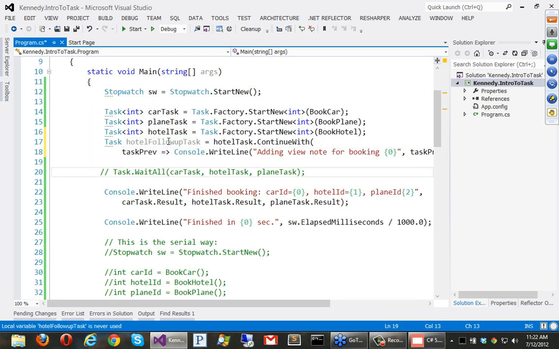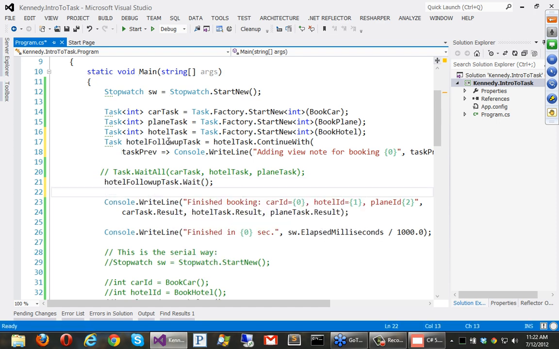And now we should probably wait. If you have just one task you want to wait on, you can wait this way. So what's going to happen is this is going to run. It's going to take 5 seconds or however many it takes. And then when it's done, it's going to turn around and run this task. We don't have to wait for the hotel task because the second task won't be finished until both itself and the hotel task are done. Okay, so we can just do this wait here.